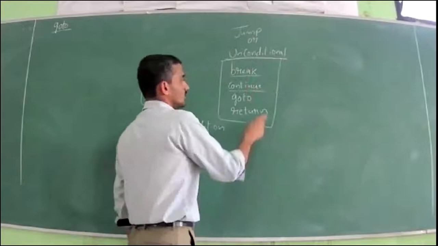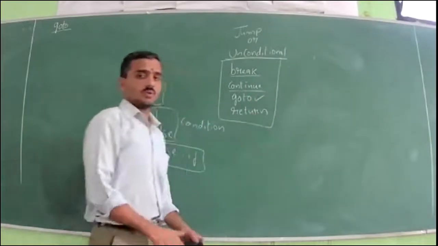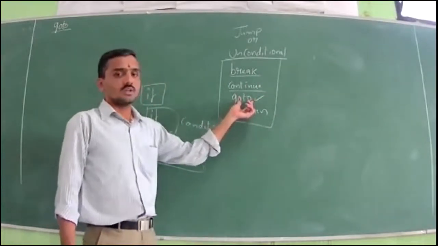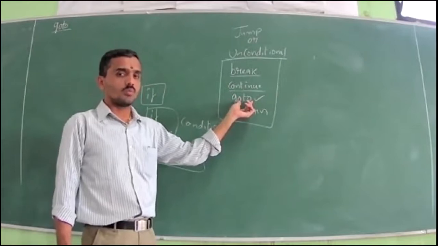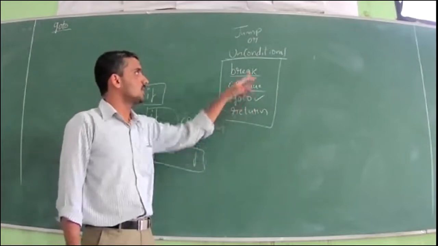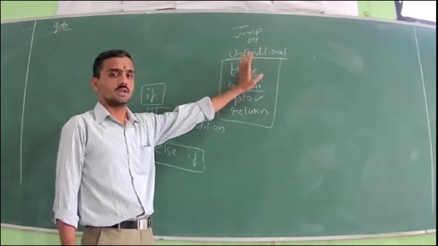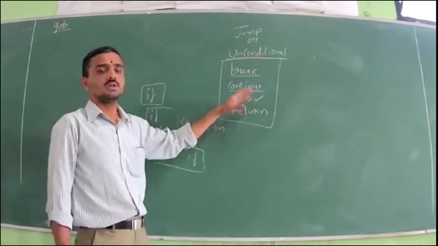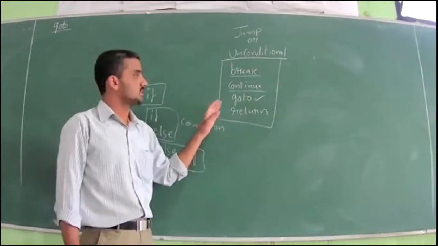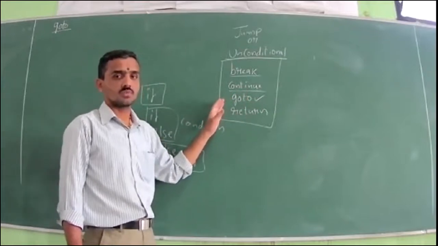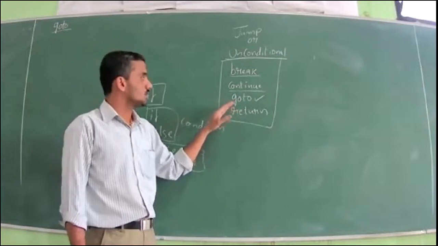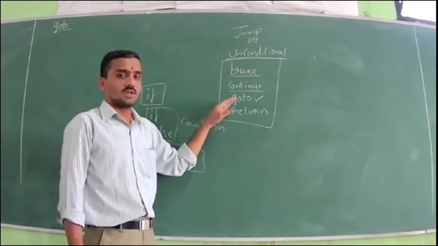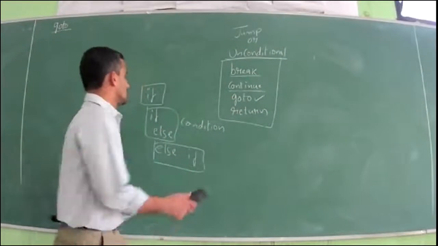Coming to the goto statement. By using the goto keyword, we transfer program control from one part of the program to another part, again unconditionally, without writing any condition. So just similar to break and continue, here also we should write a condition to stop that. Okay, unnecessarily the program control should not be transferred from one part of the program to another part. So we have to use the if condition to stop that.